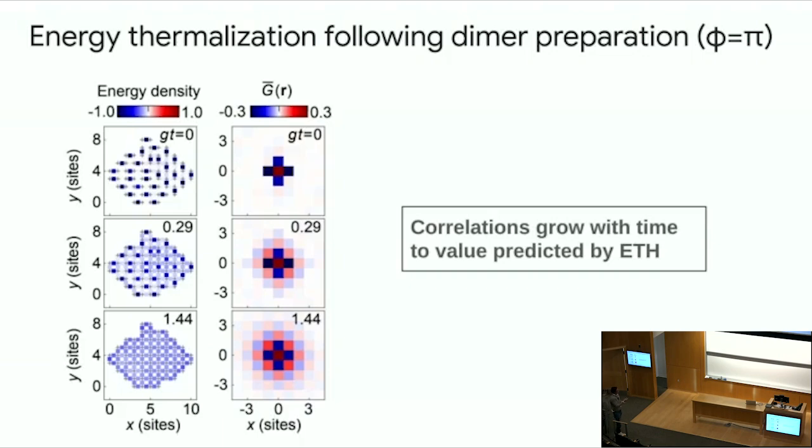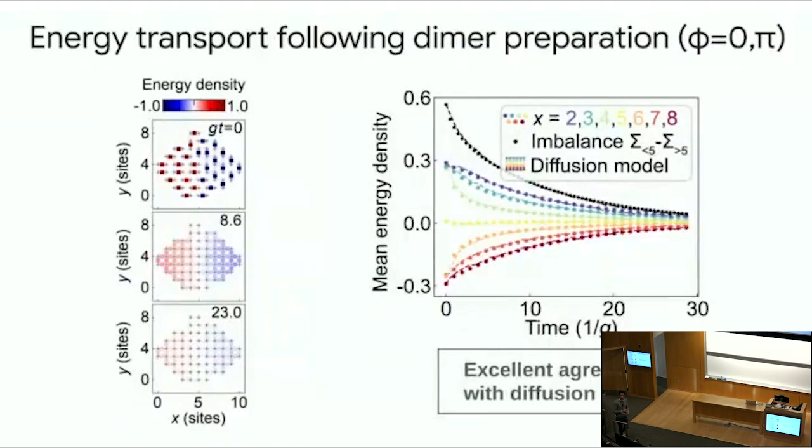And during this, we can also now watch the correlations. We can really see the correlation lengths increasing. We can now watch the coarsening real time after we initialized our system. And in particular, the coarsening here extends the correlation length to the value that's predicted by ETH. So again, it matches with our other preparation techniques as well.